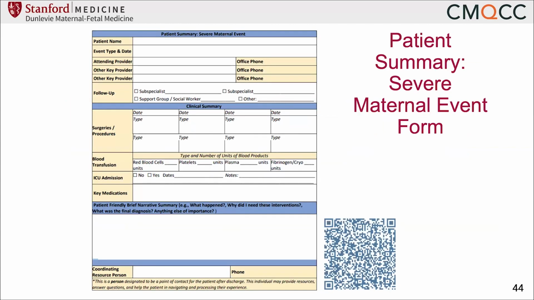So this is what we call the patient summary form. You can scan this QR code and get to this, but this is something that we fill out for the patient for them to reference. A lot of hospitals have been using this where the patient holds it while we're going through the patient care discussion. They can make any notes on it that they want to make. They can review it ahead of time before the discussion and see if they have any questions, anything that was generated as a result of this form.